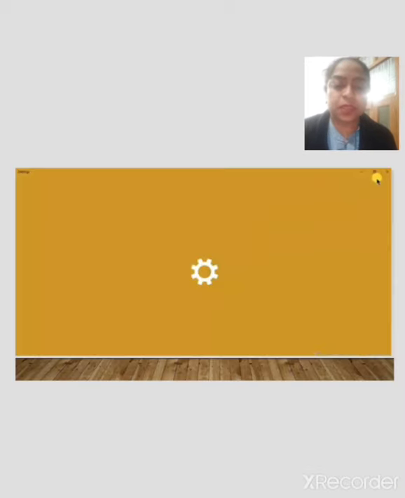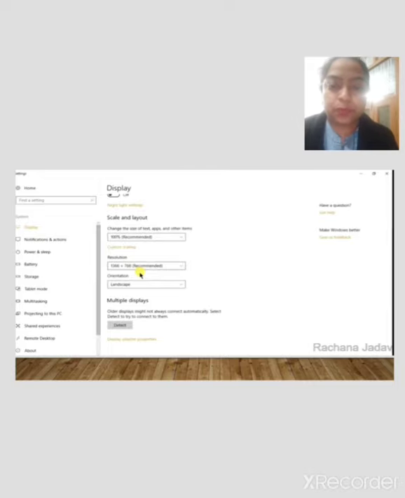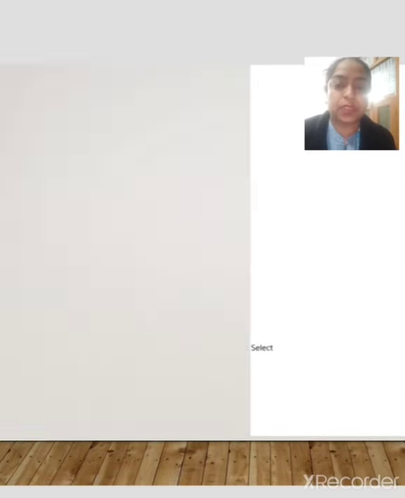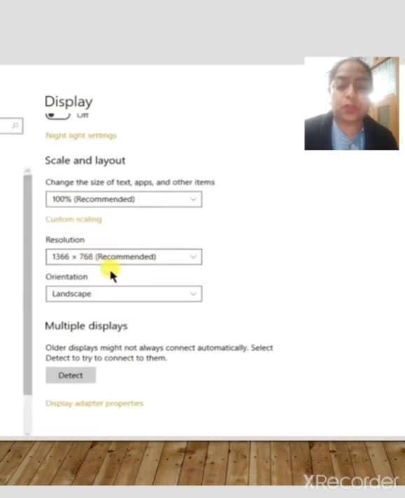There you can set the scale, layout, resolution, and orientation, meaning whether you want things in landscape or horizontal, or in a vertical way, and what type of resolution, meaning the wideness of the image. These are all about the display settings. You can perform all of these here.